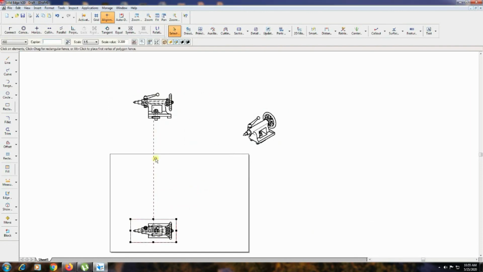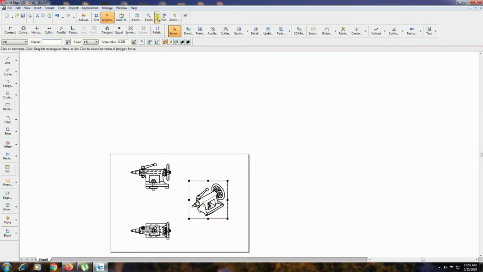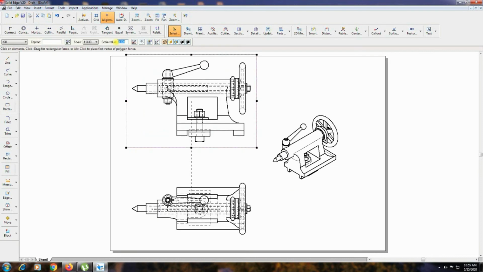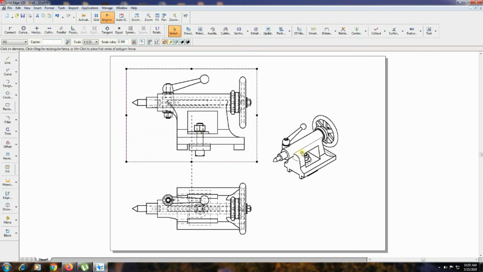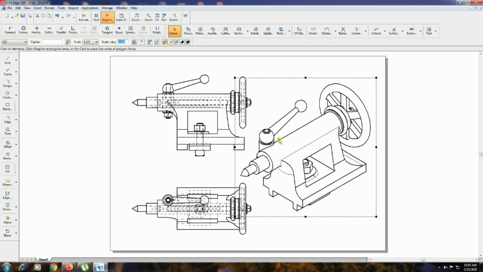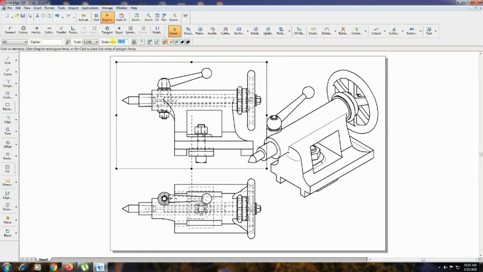Bring the drawing inside the sheet by dragging, fit sheet. Now you have to change the desired scale, whichever you want. You can change the scales, but the drawing should be inside the sheet only. Likewise, you have to select the scales and keep it at 0.35.